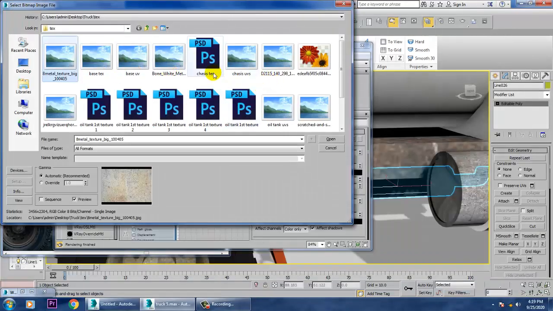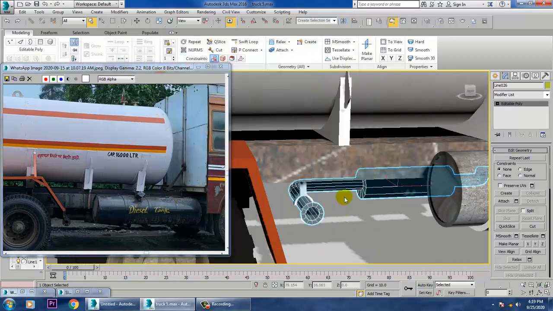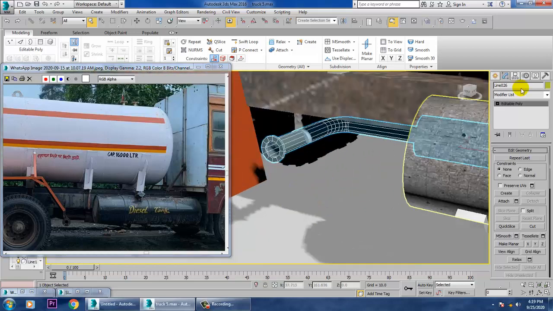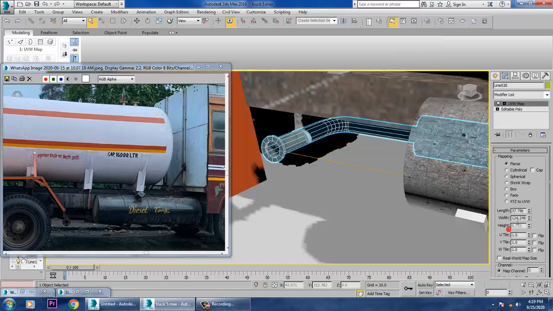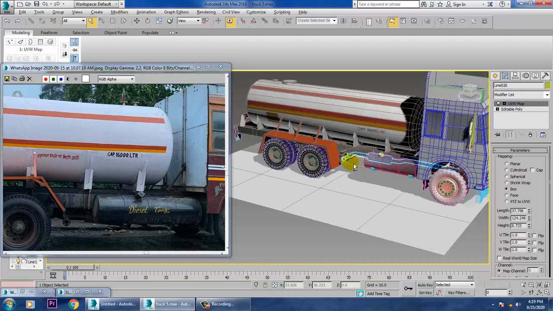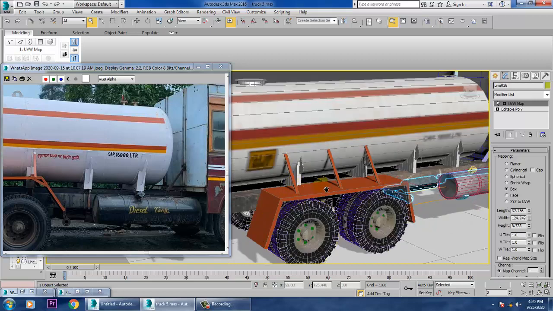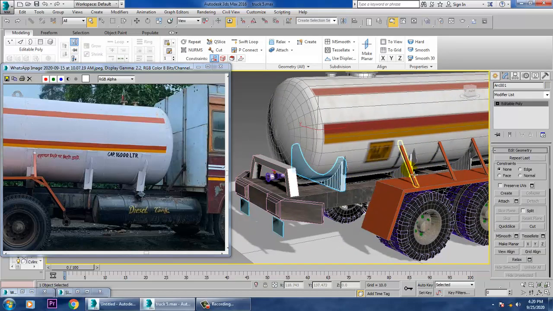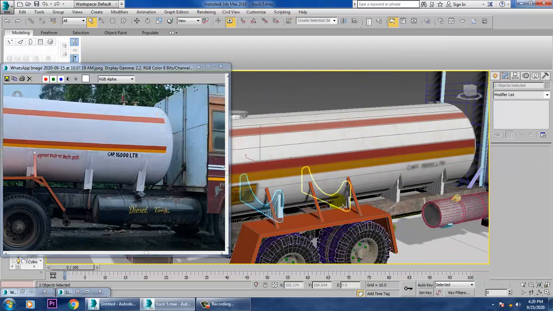That's your assign this texture on top of this, and let's give again a UVW map. Set it as a box over here. After that, now what we'll be doing is the things which are small details, will be just first texturing that part over here. So just select this,